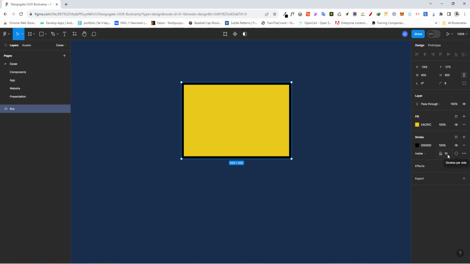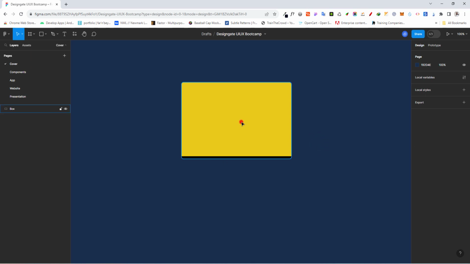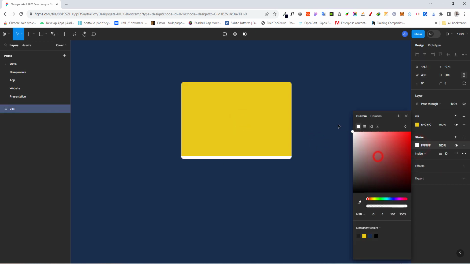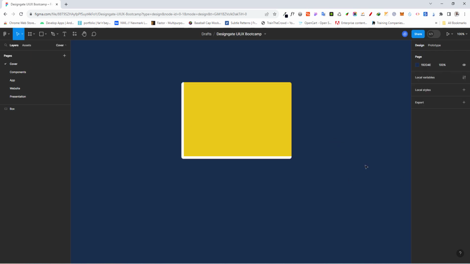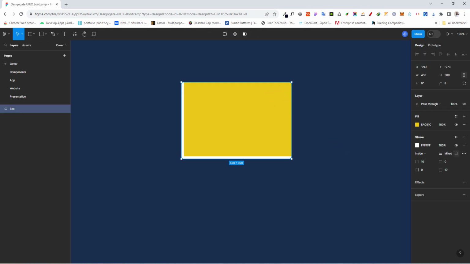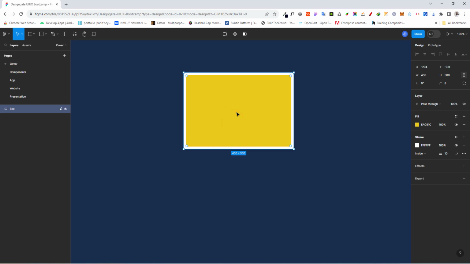So let's say I don't want this all round. I can come here and say I just want this at the bottom. So right now you have this at the bottom. Let's make that color white, so we can actually see. You have this right here at the bottom. I can go to custom, and I want 10 on the left hand side, and then on the bottom I also want 10. So here we have this kind of effect. But now I'm just going to go back to all,